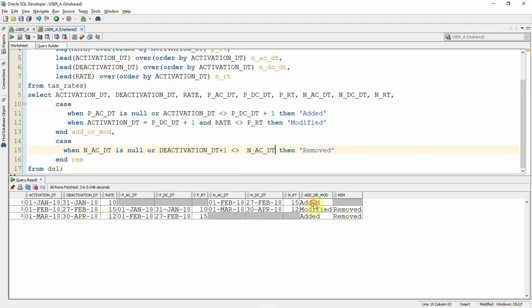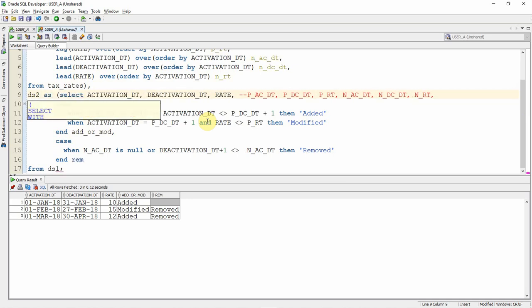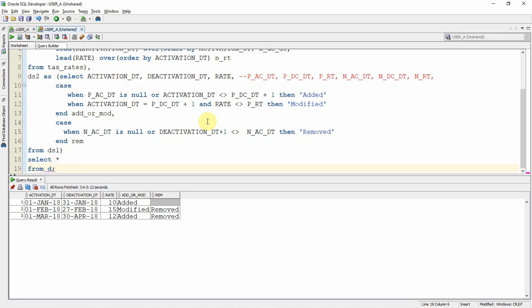So now we have computed all the information needed for our output. Let me comment out the columns I'm not interested in. I've commented out the columns that are not needed. Let me make this a with clause again, dataset2 as. In fact, we can implement it without the with clause also. As I told, you can put all these things as part of your inner query. So dataset2, fine. Now I just want to replicate these rows 2 times.